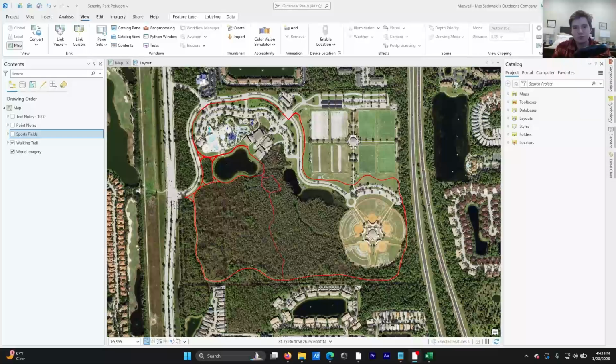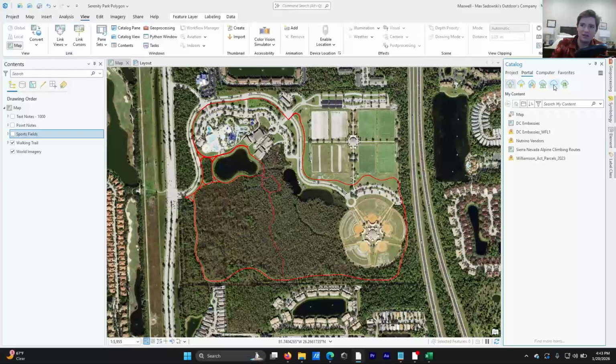While that isn't included in ArcGIS Pro natively, there's a very, very easy solution that I'll be going over right now to let you see that in your own project pretty quickly. The first thing you're going to want to do is go up to the top to View and then open your catalog pane. I already have it opened on this right side, but it'll open it if you don't have it. Next thing you're going to want to do is go over to Portal and click this cloud right